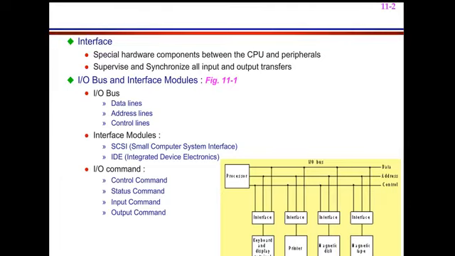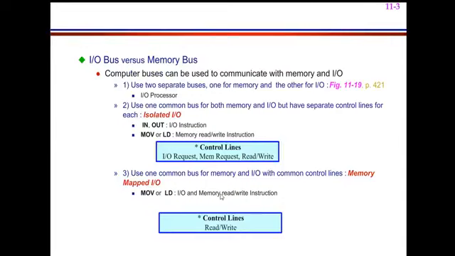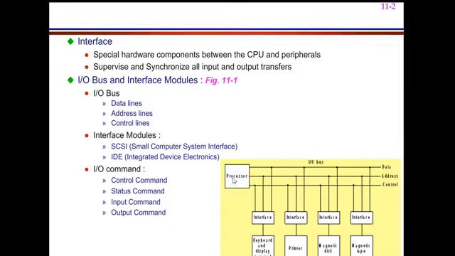Here I have I/O devices: keyboard, display terminal, monitor, a printer, a magnetic disk, and a magnetic tape, and these should be interfaced to your processor. They are interfaced to your processor by using an interface module, which is nothing but your I/O interface module. It converts the I/O device language to the processor language, and the processor language to the I/O device language.